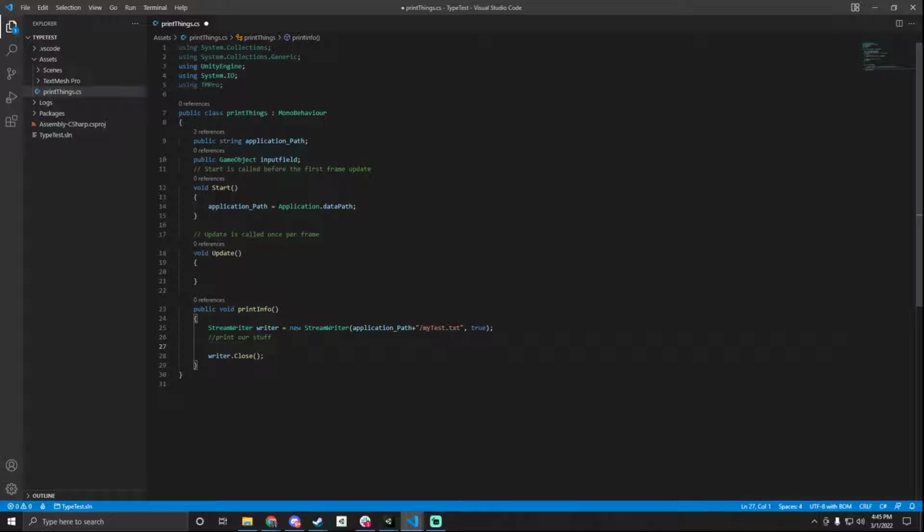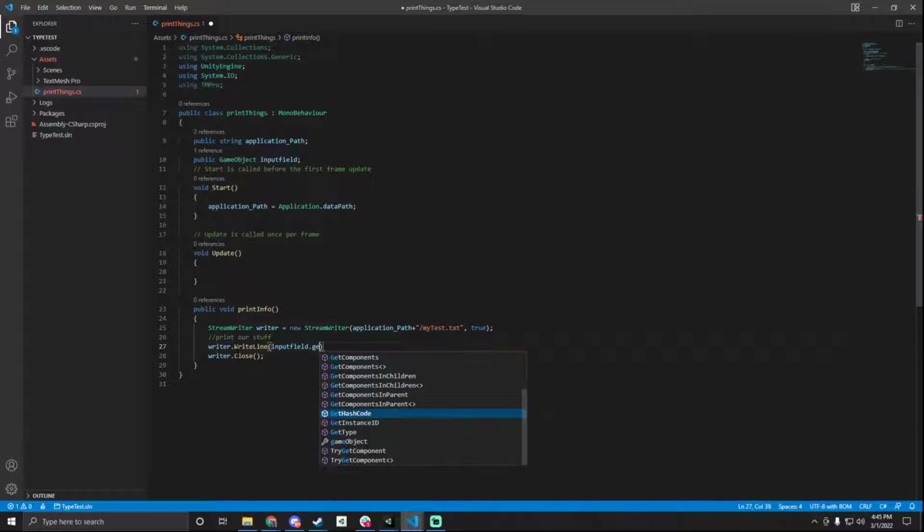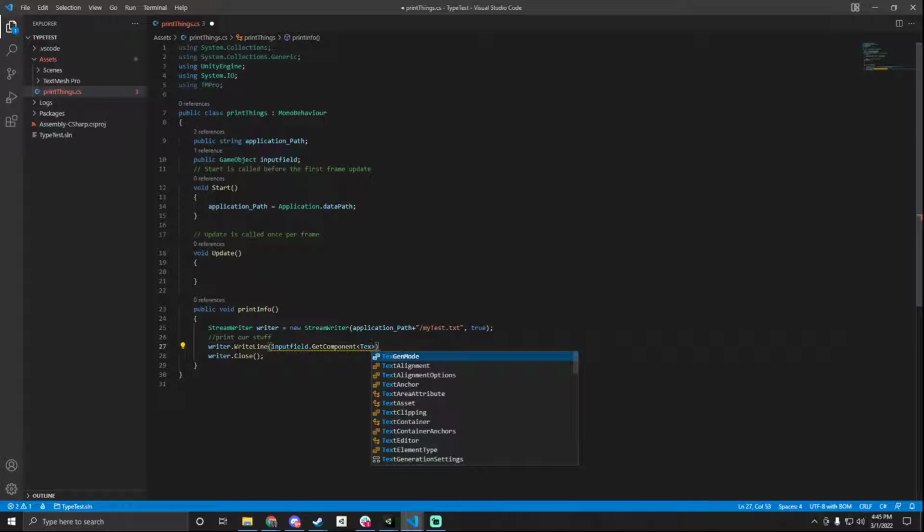And we're also going to take this input field and start writing with it. So writer.WriteLine, or gameObject.GetComponent, angle brackets TextMeshProUGUI,